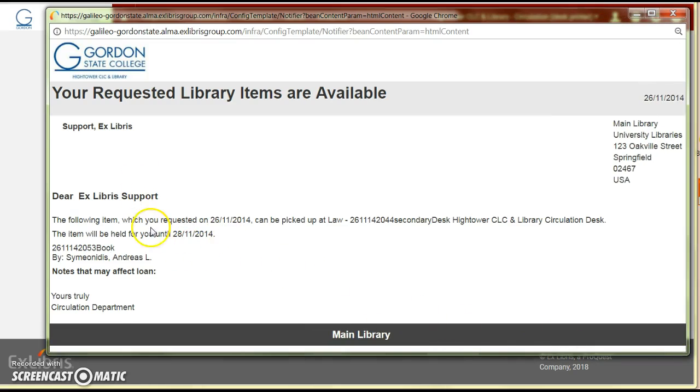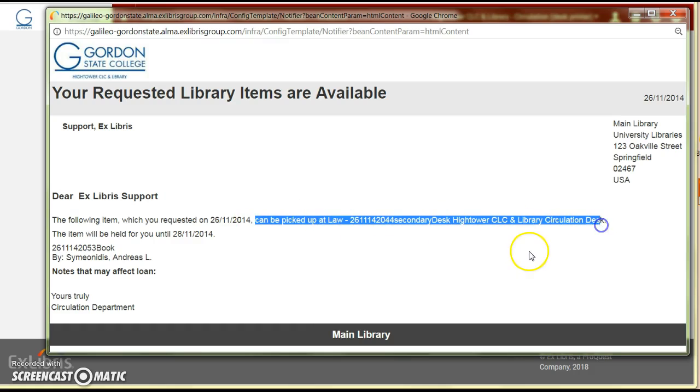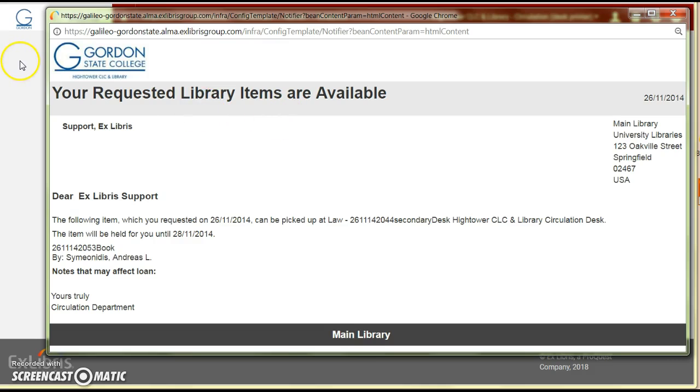So this is the same letter I just showed you at the beginning of the video, except it doesn't have the hyperlink to the Gill Express survey, and you'll also see right here where it says can be picked up at, it's displaying the entire circulation desk location, and we don't want that because we actually set up our